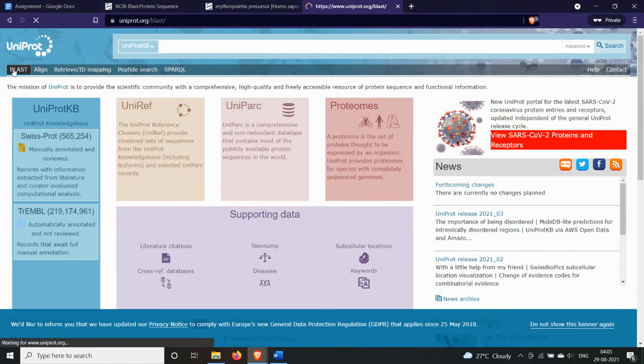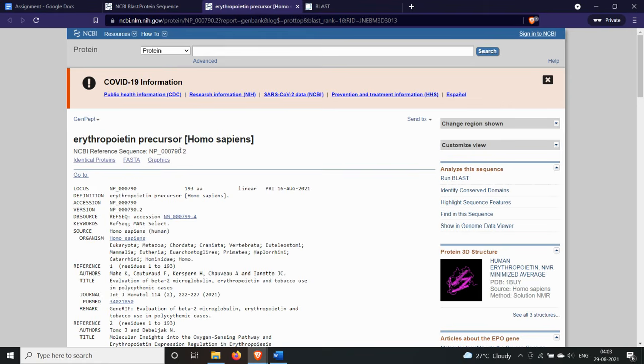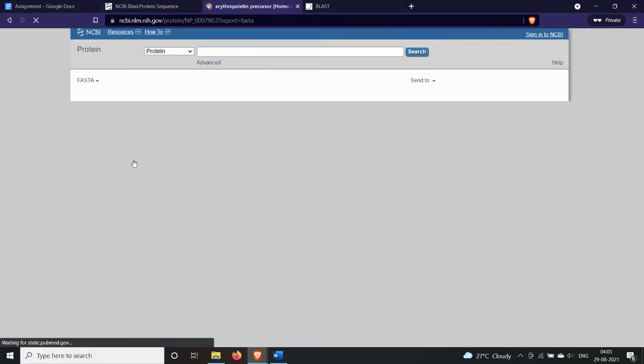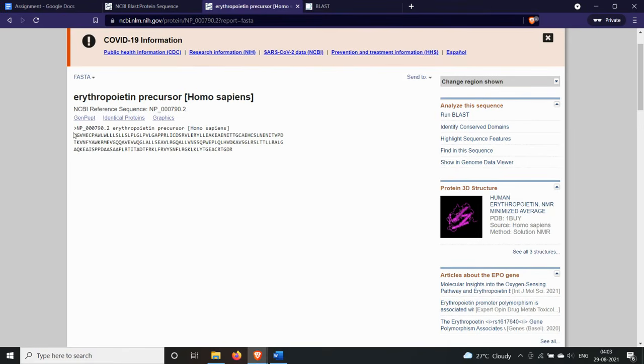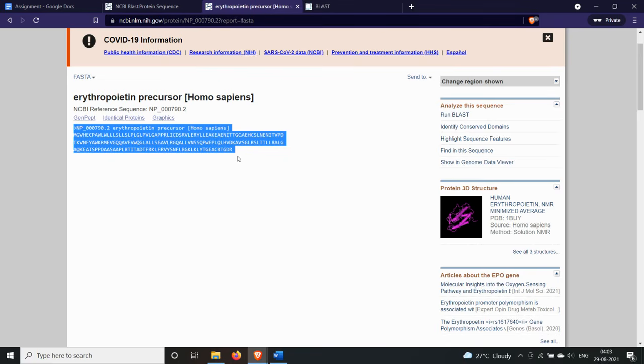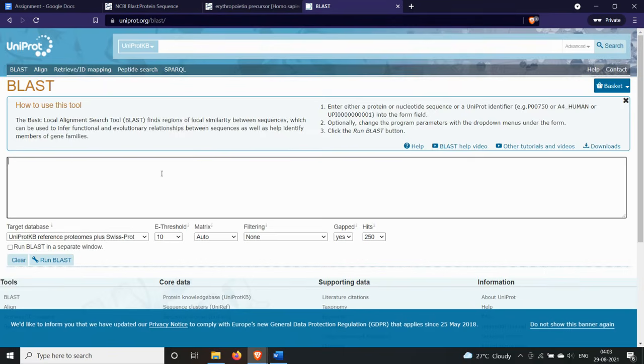It is here. Here we want the FASTA sequence of it. We just copy the FASTA sequence from here and paste it here.